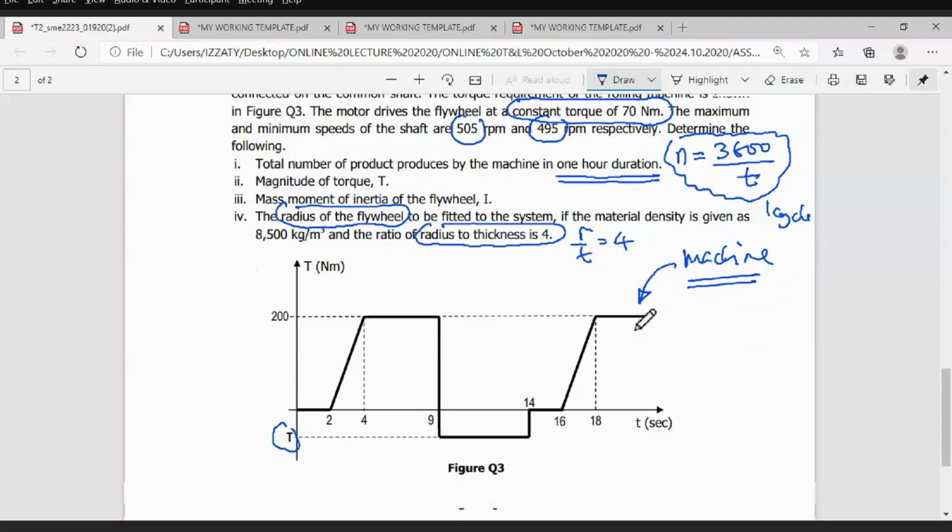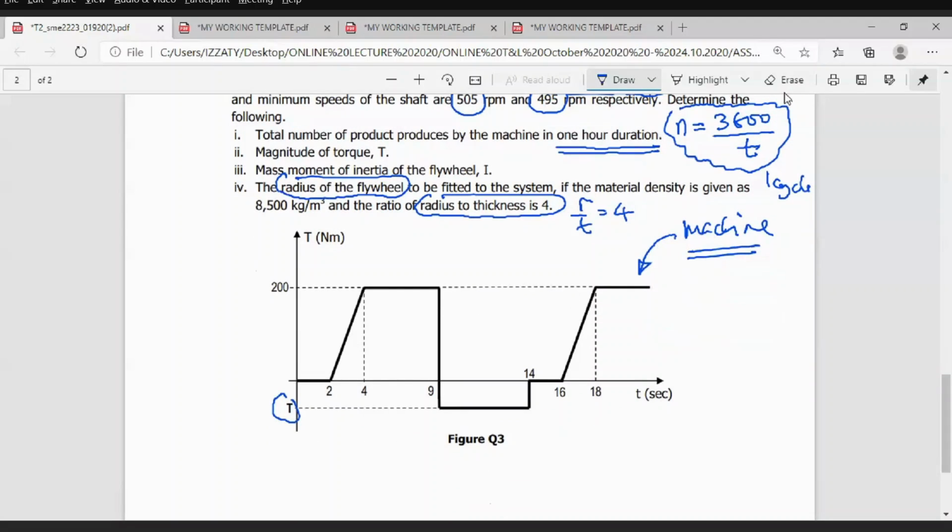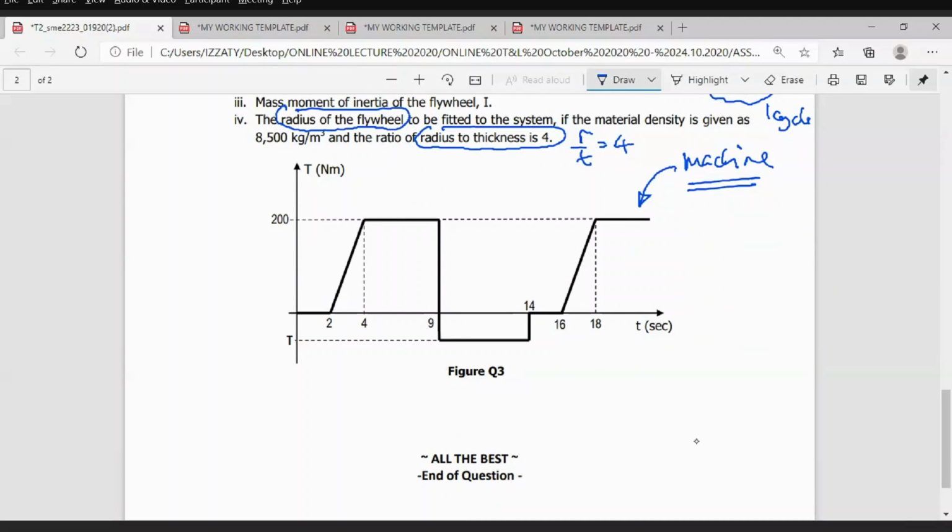Okay, now how to do this one? Look at here. First, what I need now is to define the number of punchings. Let me use this as my working space. They provide us N is equal to 3,600 divided by T. So this T belongs to one cycle. Then you need to check whether the given graph belongs to one cycle or more than one cycle. Reading the graph is to verify the graph. So now let's start. This is 0, constant until 2 seconds, then it gradually increases to 100, constant again, then it shoots down up to 9 seconds, then constant again. It starts all over again,